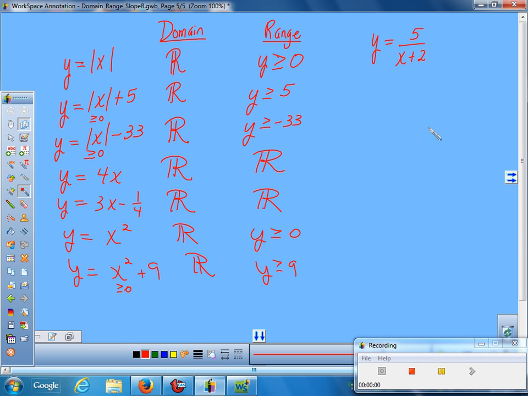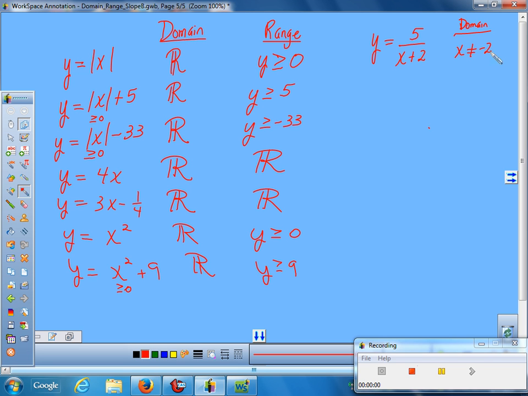So how do I write that? I certainly don't want to list out all the numbers I can have. If you just want to throw out a couple numbers and say it can't be these numbers, this is domain, we just write x cannot equal negative 2. We just write what numbers it can't be. Everybody in the mathematical world understands that means it can be every number except negative 2. That's an understood concept.